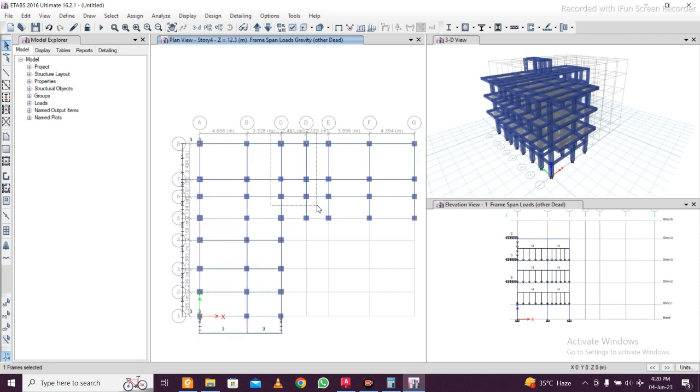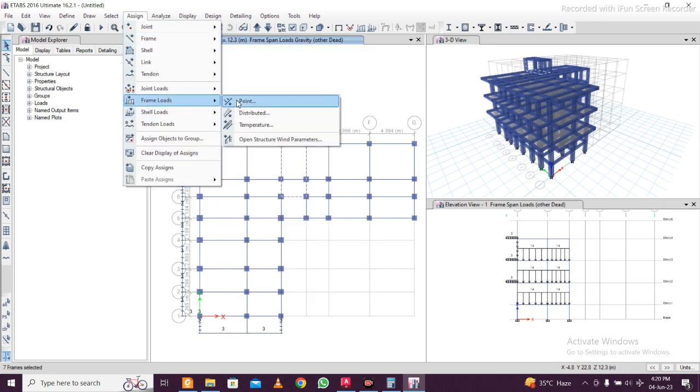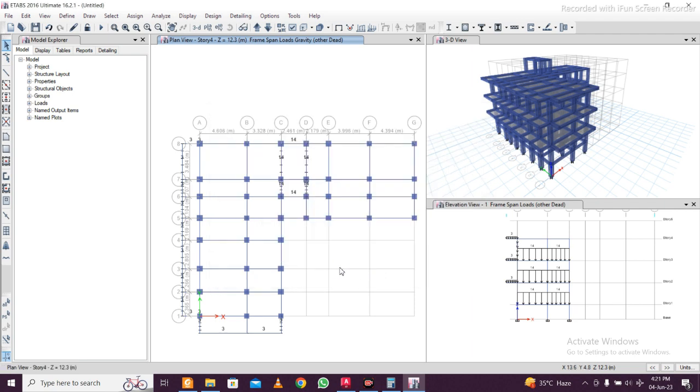So in this portion we have the 1, 2, 3, and 4. We have the staircase, so there will be 10-inch wall load. So assign joint frame loads, distributed 14 in here, apply and OK. So now this has been applied, and after that, if you want to apply the remaining load, that is a